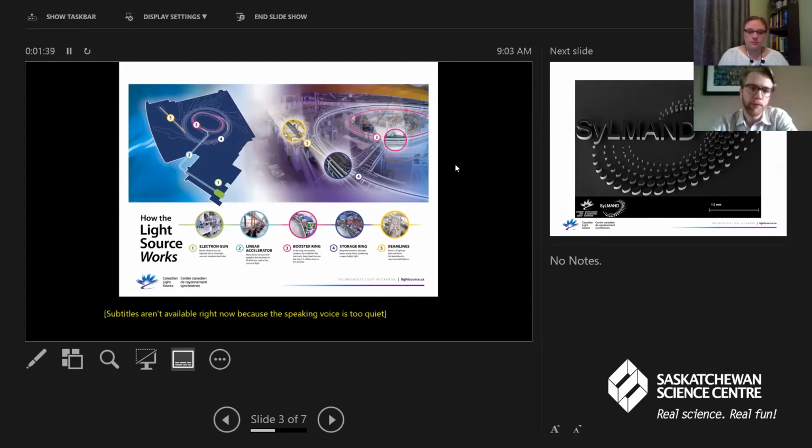So on this nice poster that the people in communications at CLS have helpfully made for us, I'll just guide you through this. On the left-hand side, there's a schematic. Number one is the Electron Gun. The Electron Gun is exactly what it sounds like. It is a giant source of electrons that blast them at relatively high energies into our linear accelerator section. So that's the blue section entitled 2. I am not an accelerator physicist. I'm a chemist by training, so I can't tell you how this works. But essentially, through some physics magic, we ramp up the energy of those electrons